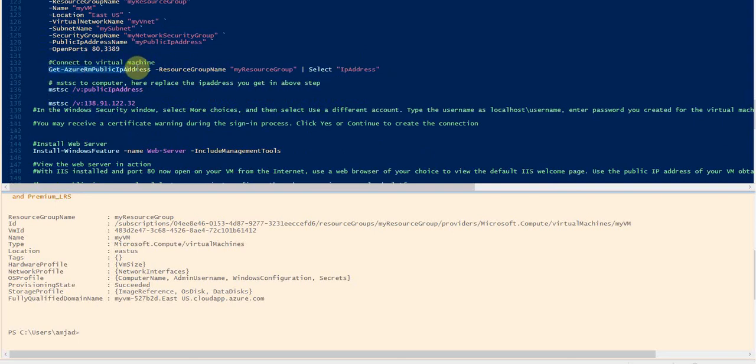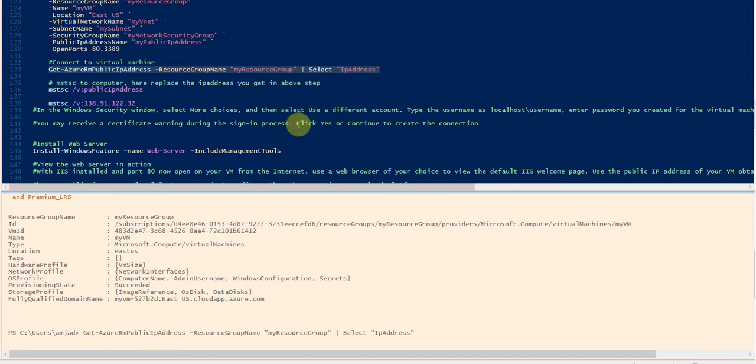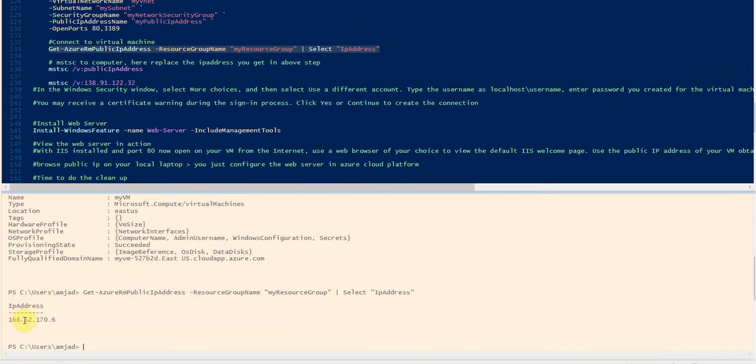First things first, it's gonna check what the public IP address is for the VM. We're gonna click run. It's gonna say this is your public IP. You see, this is a command to find the public IP of your VM. So it says this is your public IP. I'm gonna copy this public IP,